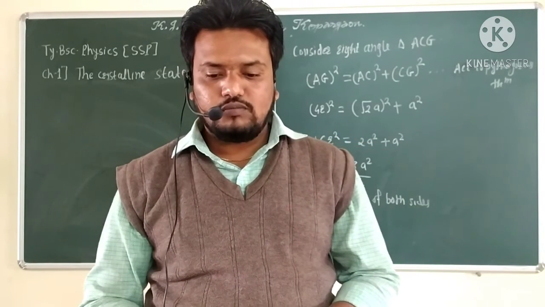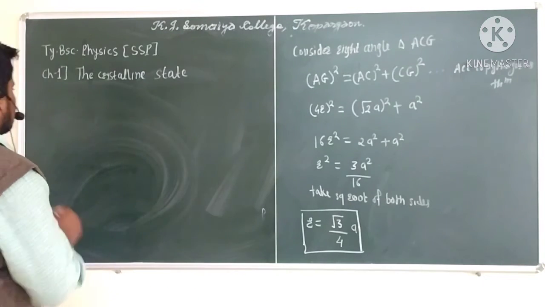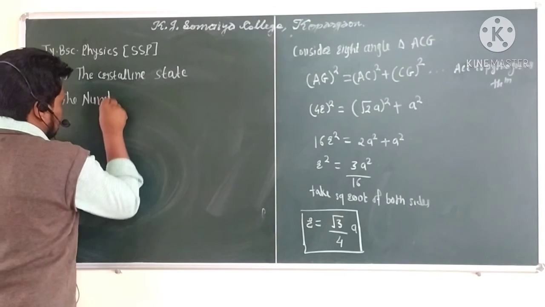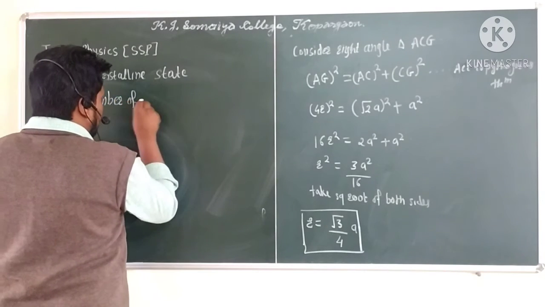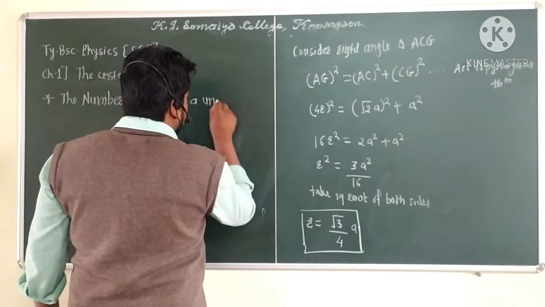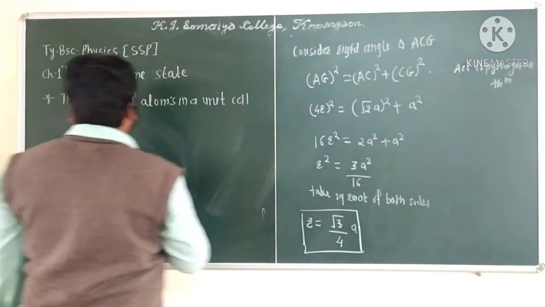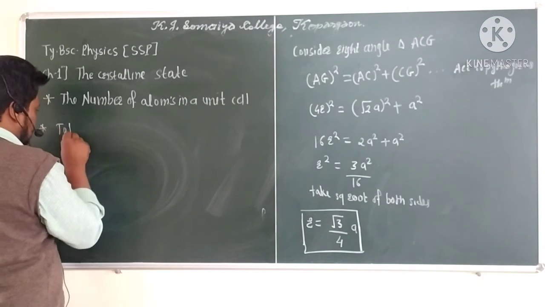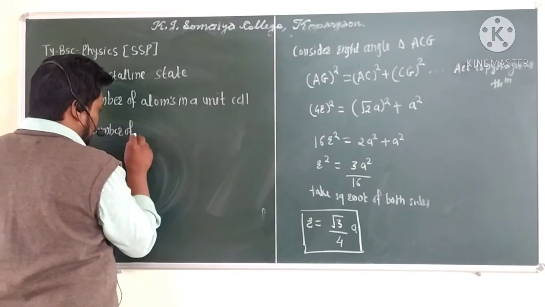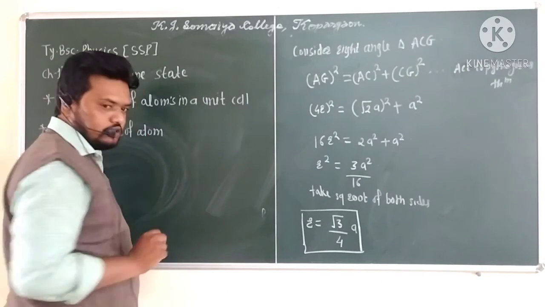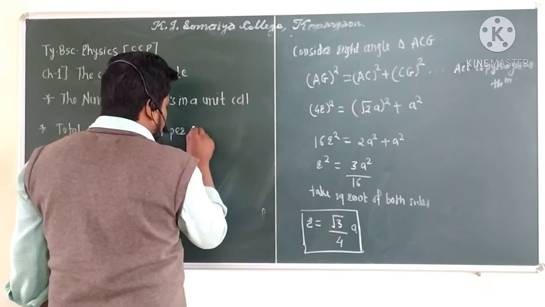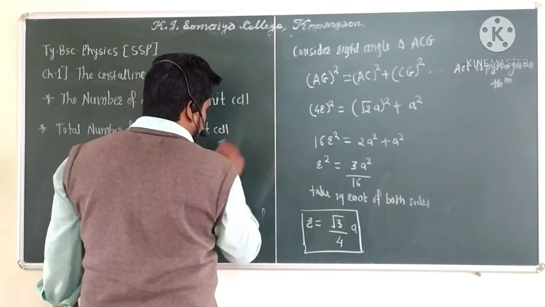So the number of atoms in a unit cell, and the formula which is given by the total number of atoms per unit cell is given by